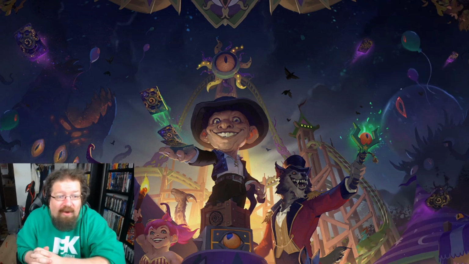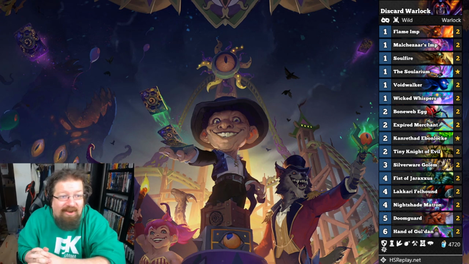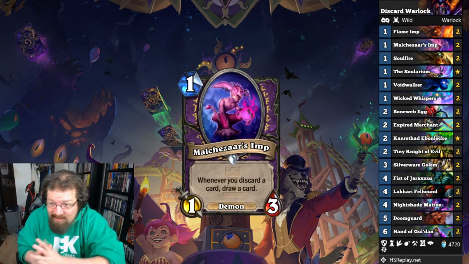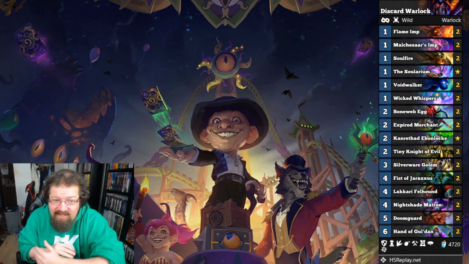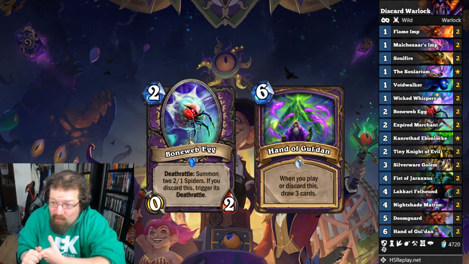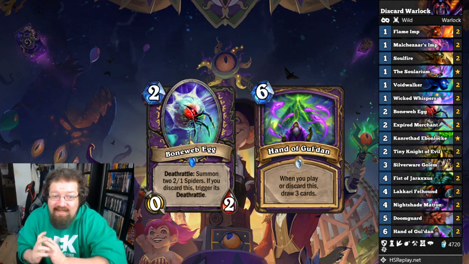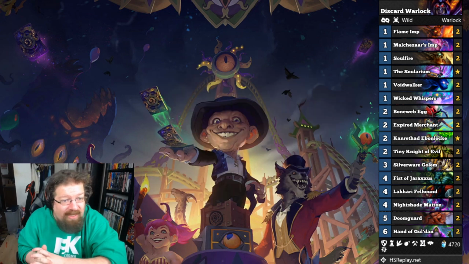So speaking of that, our next suggestion is Discard Warlock. This is like an aggressive mid-range-ish deck where you play a lot of cards that discard a lot of cards. So you have Malkazar's Imp as your 1-drop, which helps you draw cards when you discard cards, but you want to discard your Bone Web Egg, you want to discard Hand of Gul'dan primarily to draw basically your entire deck. You got Silverware Golems in there, Fist of Jaraxxus, and yeah, there's not too many, there's one legendary